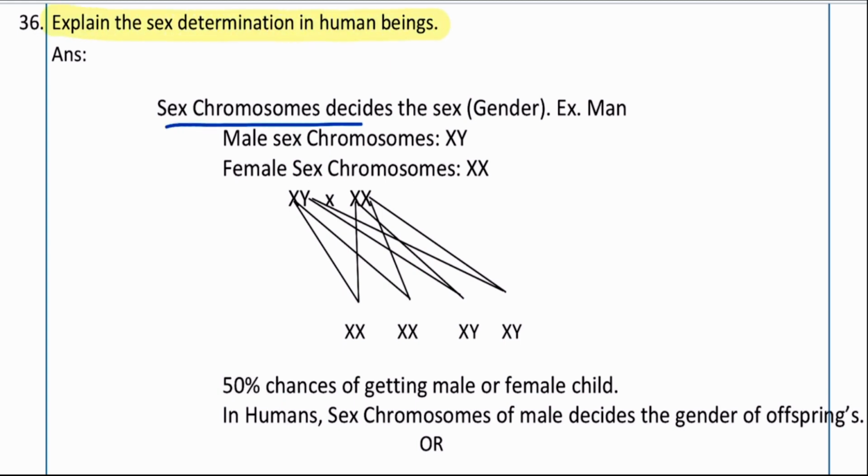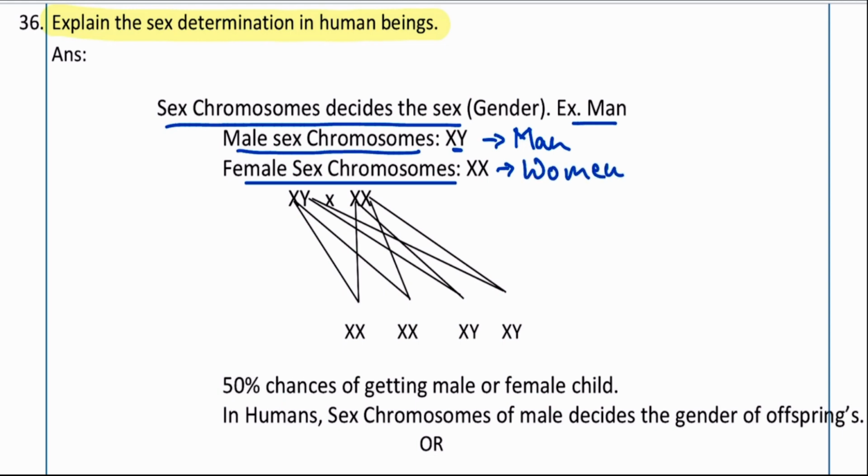Sex chromosomes decide the sex. For example, man. Male sex chromosomes are X and Y, present in man. No need to write because there is already male. And female sex chromosomes are, which is in women. In humans, sex chromosomes of male decide the gender of offspring. Or